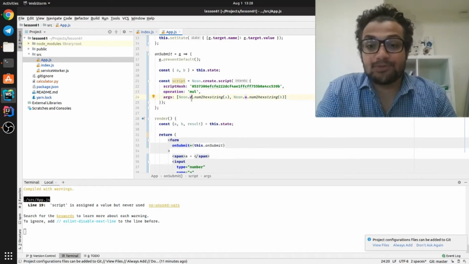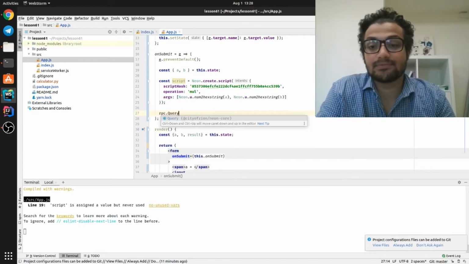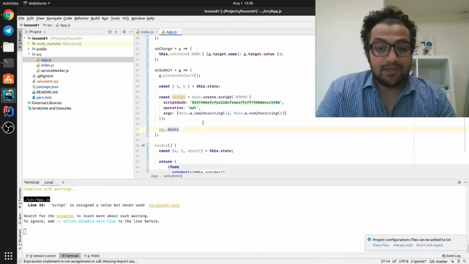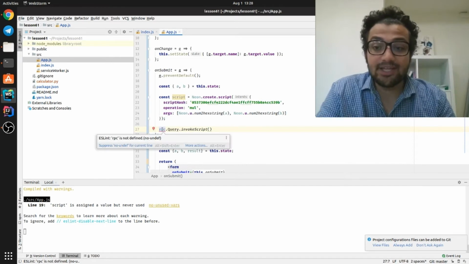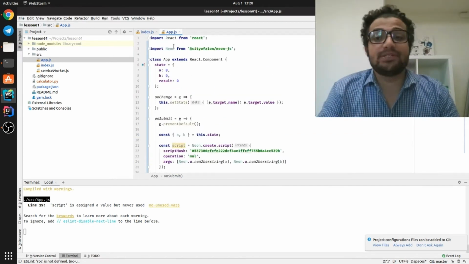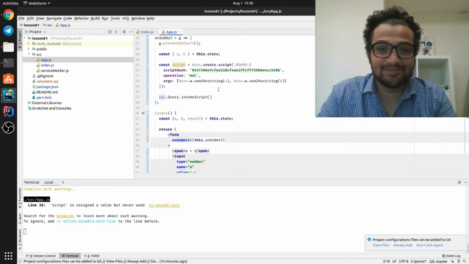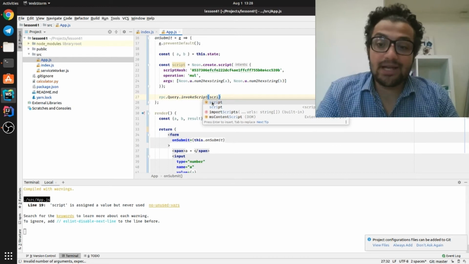Now let's call our script. To do this, run rpc query invoke script. Since rpc is not declared anywhere, you need to get rpc from the library. Next, we pass the script